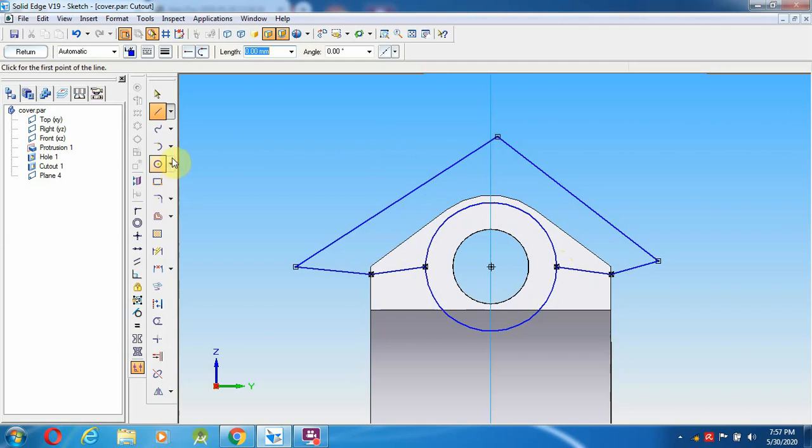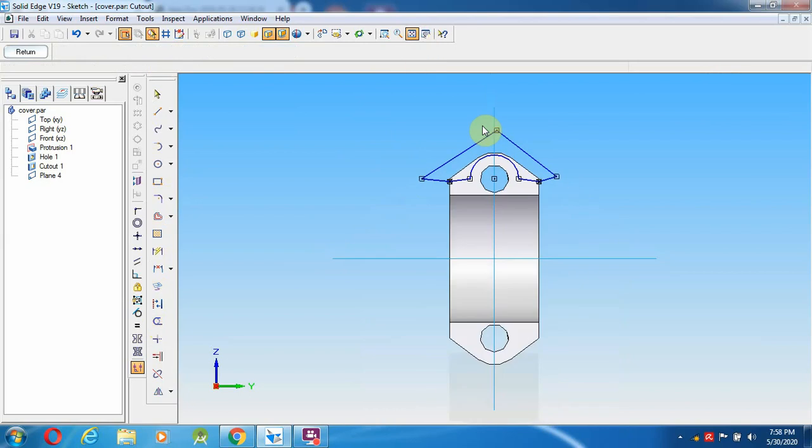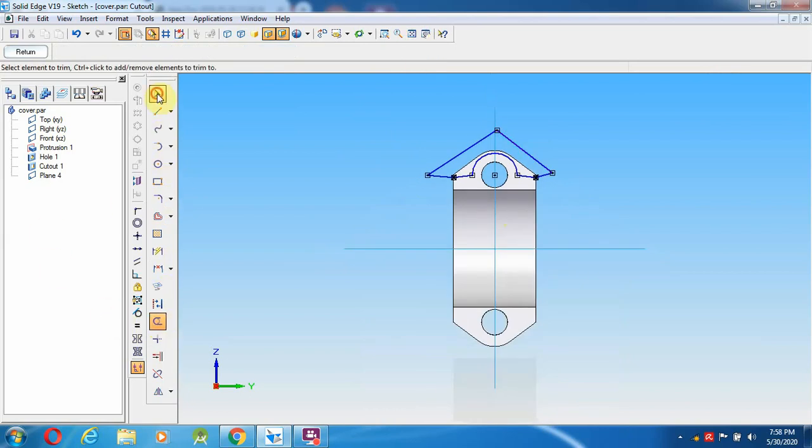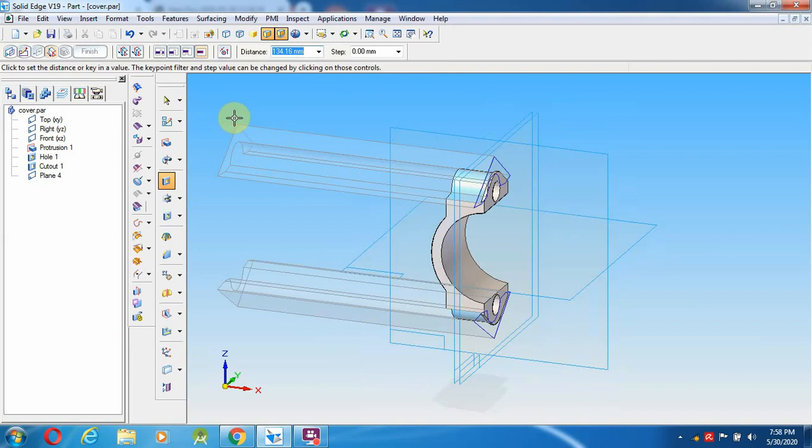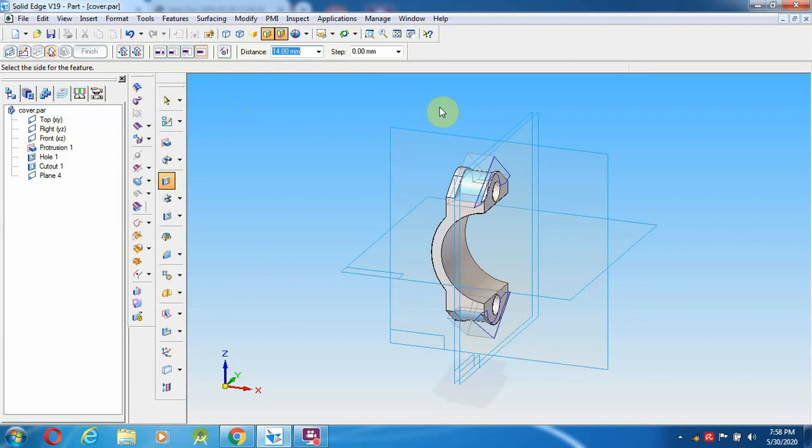Okay, then use the trim option, give fit, select the mirror option, mirror it in the opposite direction, then give return. It has to go 14 mm distance, so 14, enter, left and right click. So this is the thing you have to create over here.